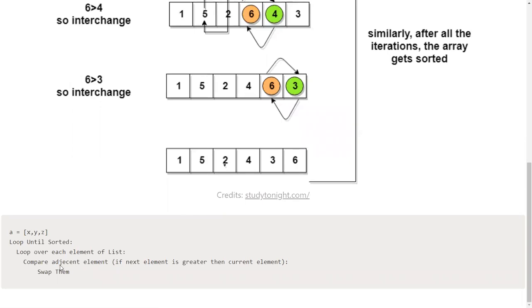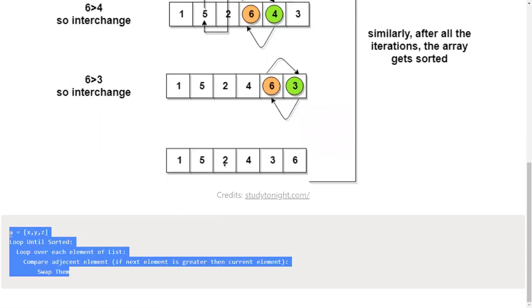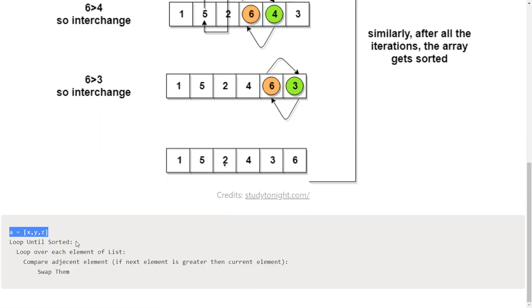Here we have a kind of pseudocode, or an idea of how we will go about it before we start actual coding. So we have an unsorted list over here. Then we will loop until it is sorted. Then we will loop over each element because we want to compare them.